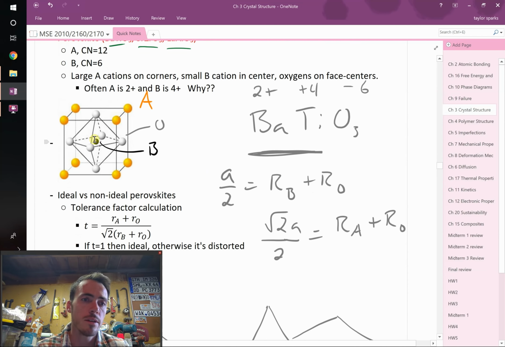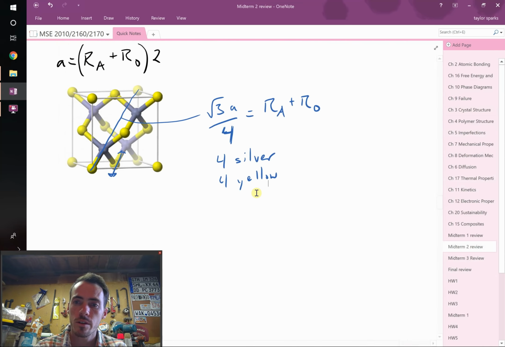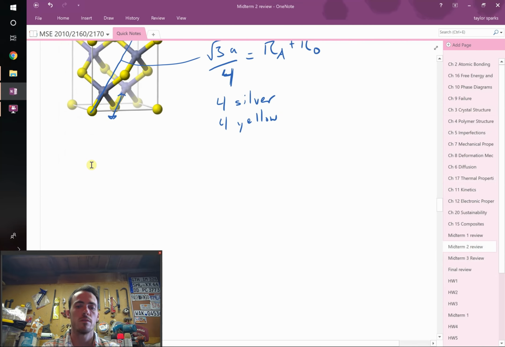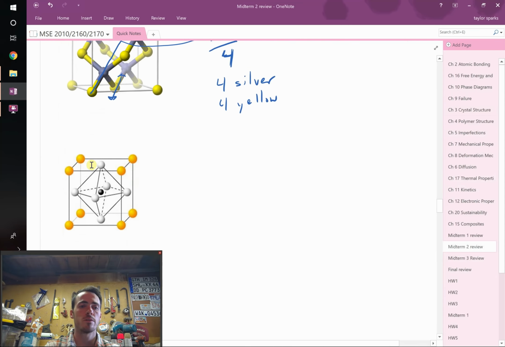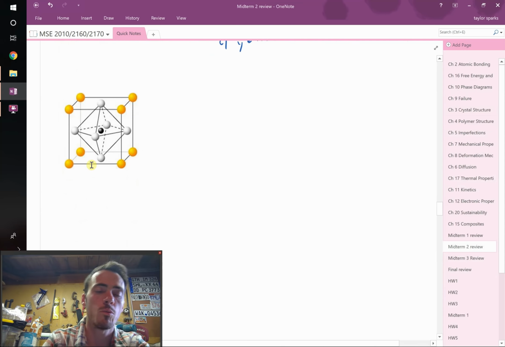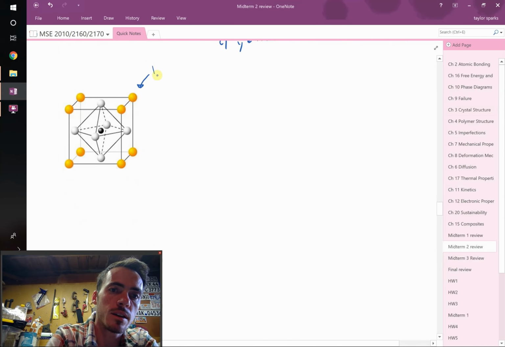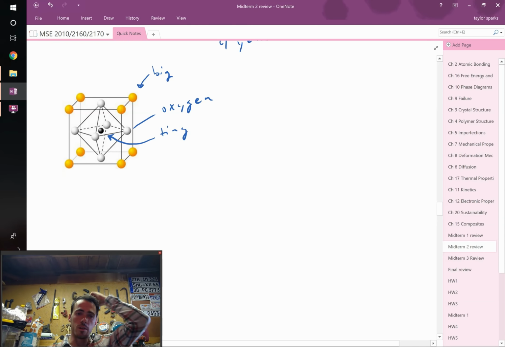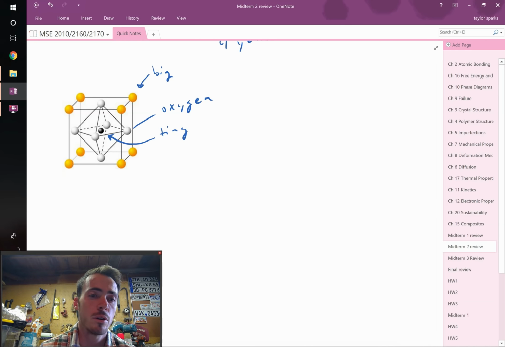Perovskite. Perovskite is the last one I think that you need to know, and perovskite is super important because it allows a very diverse type of compounds to form in it. The reason is because you have a big site, you have a tiny site, and you have oxygen. So you've got room for big and small cations as well as oxygen, okay? So where would they be touching? It depends if it's a perfect perovskite or not. We talked about that it can be non-perfect. If it's perfect,